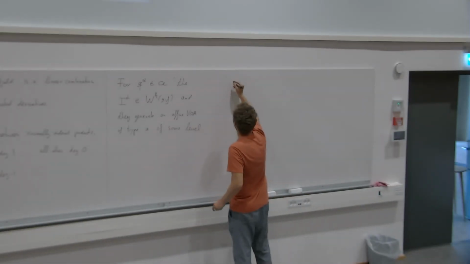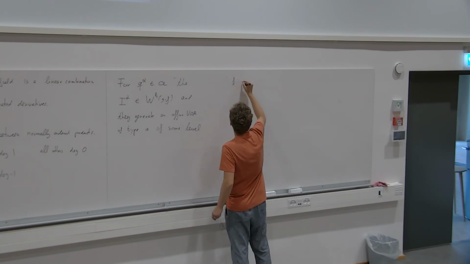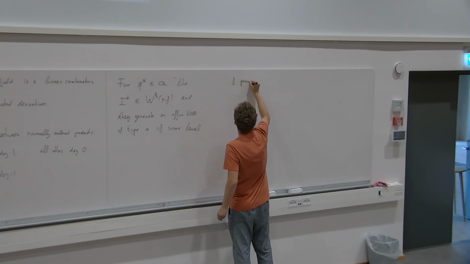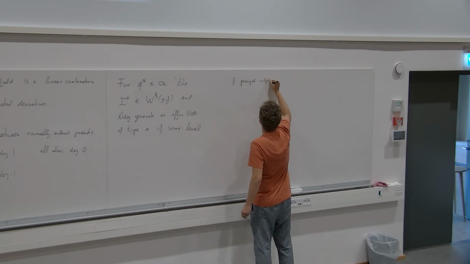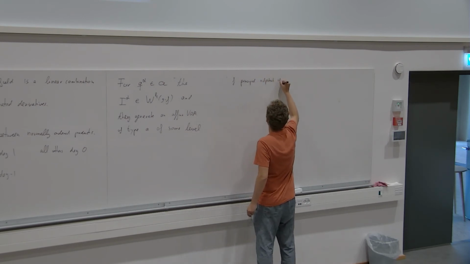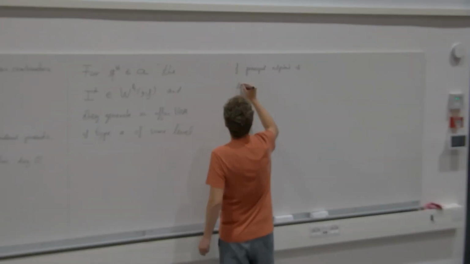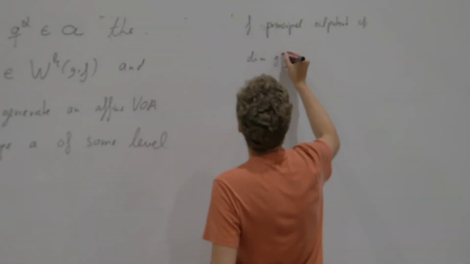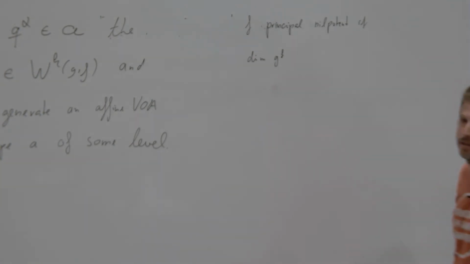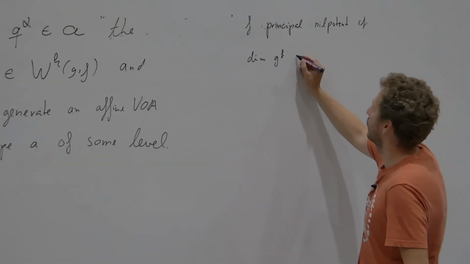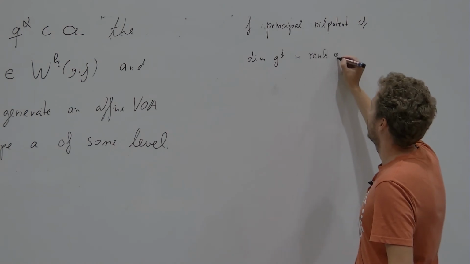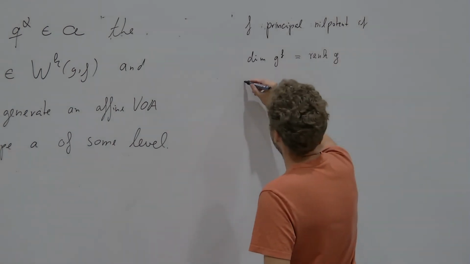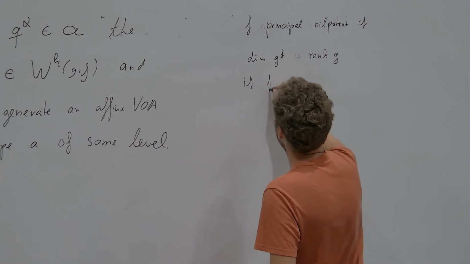So we call a nilpotent element F principal if it has the property that the dimension of the space of lowest weight vectors with respect to this SL2 embedding is equal to the rank of the Lie algebra. And if F is principal nilpotent,